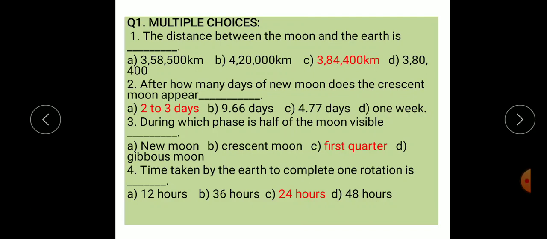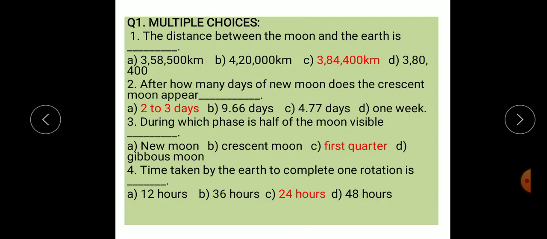The distance between the moon and the earth is dash. Option A, 3,58,500 kilometer. Option B, 4,20,000 kilometer. Option C, 3,84,400 kilometer.